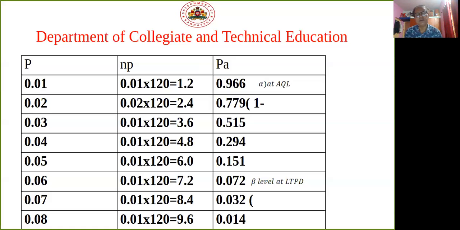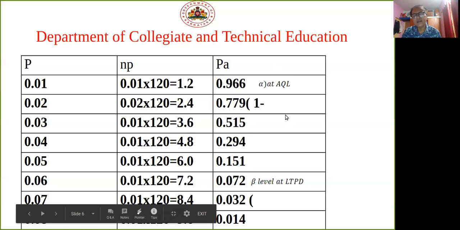For NP equal to 3.6 and C equal to 3, we will get the value 0.515. NP equal to 4.8 and C equal to 3, we will get the value 0.294. Then NP equal to 6 and C equal to 3, we will get the value